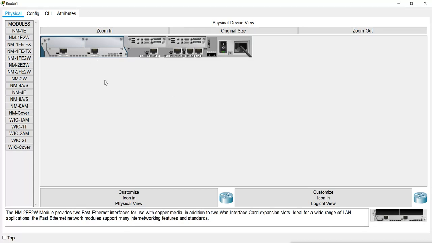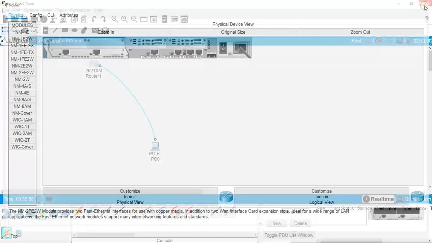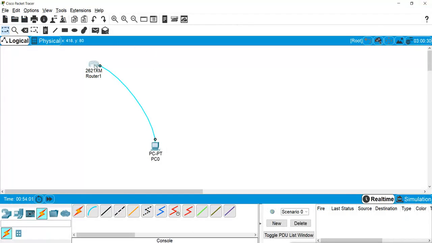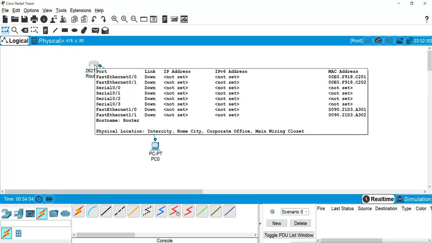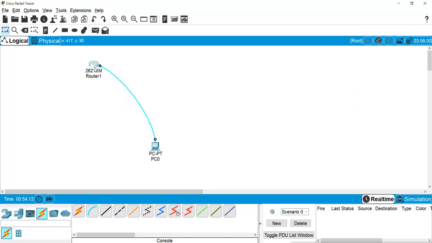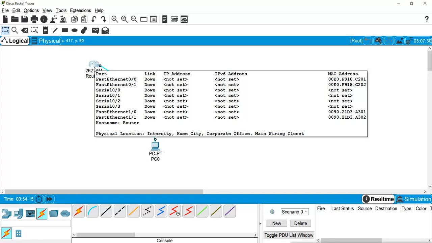Now what will be the address for these interfaces? If I want to check, I will hover my mouse there. Now you will see the interface names and addresses. Now what it is saying here: the inbuilt Fast Ethernet interfaces are using 0/0, but the interfaces which I added into that big slot are using 1/. So we can differentiate between those interfaces. I will show you that in the command prompt.